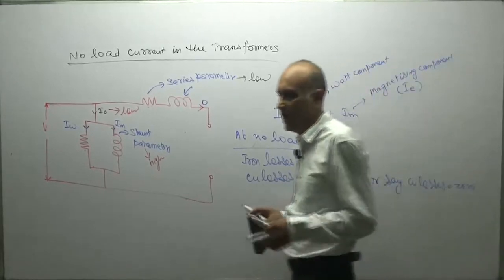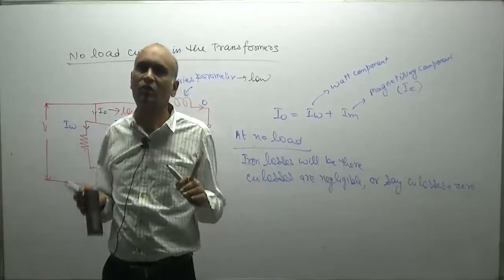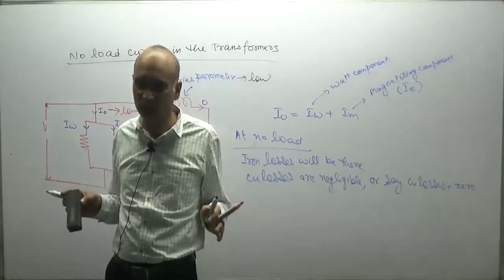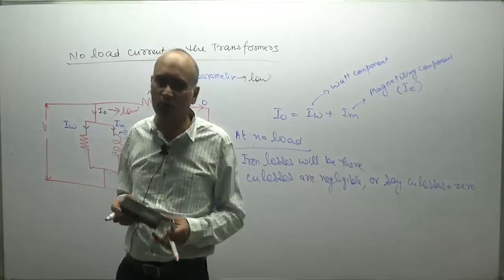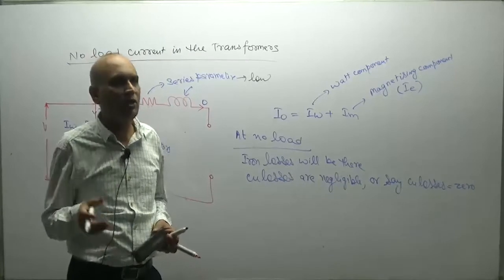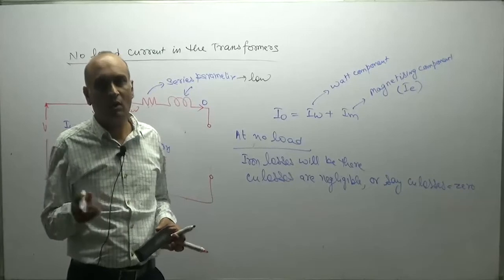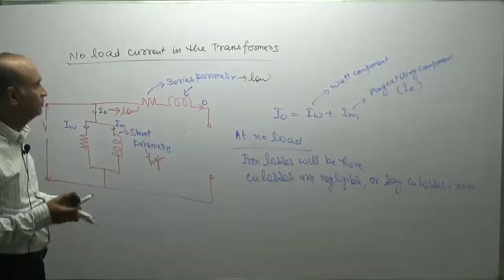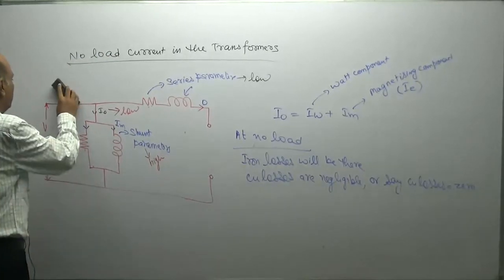But suppose at your home continuously 230 volt is coming. So we are assuming that it is constantly 230 volt, it is not changing. So iron losses are fixed. But at your home, sometimes you are using one fan, sometimes two fans, sometimes a geyser, sometimes you are not using the electric geyser. So load is continuously changing. That's why copper losses are changeable. So now we will discuss the vector diagram.